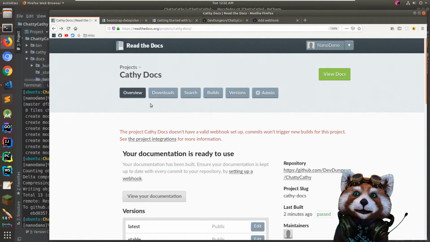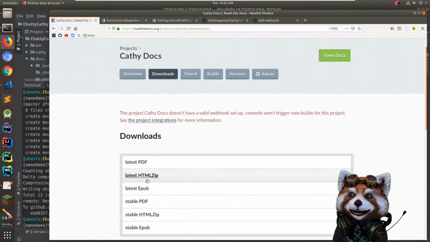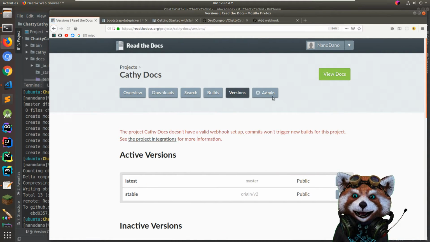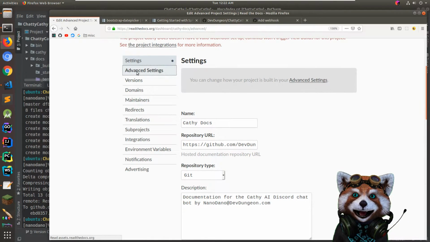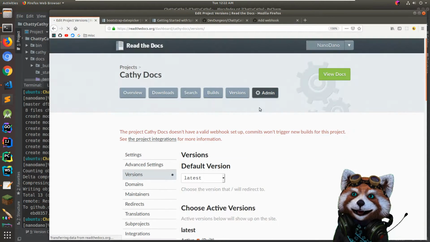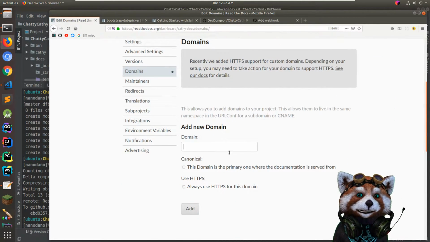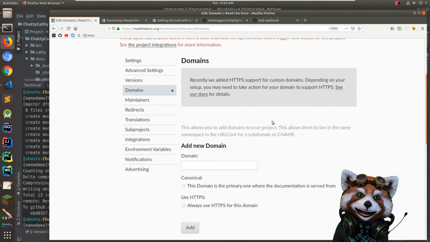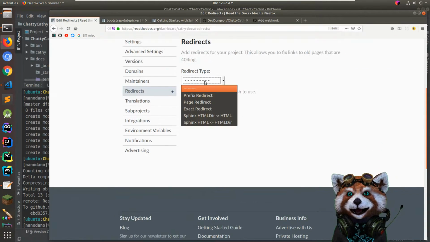Here, okay, so this is my project page. And I've got the downloads for the PDF, the zip, EPUB. I've got my search. These are my builds, my versions. Okay, so under admin, awesome, we got all this good stuff. Advanced settings, versions, domains. Oh yeah, you can set up your own domain. You can set up your own custom www something and just redirect your DNS here, and they support that. You can add maintainers, you can add redirects,